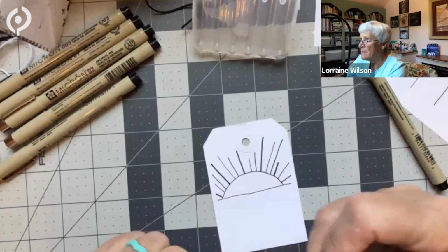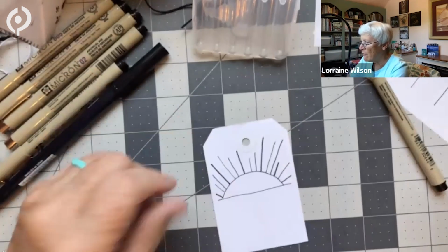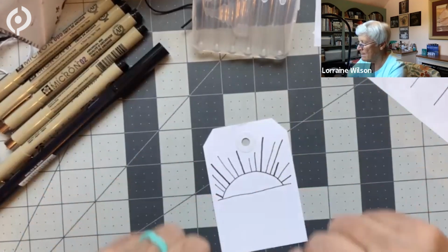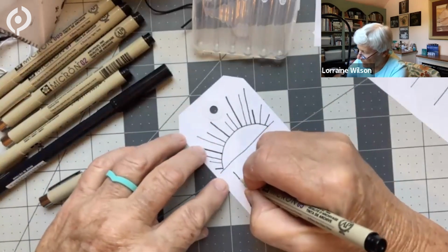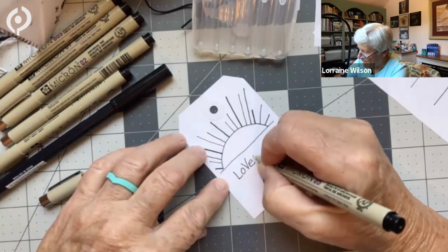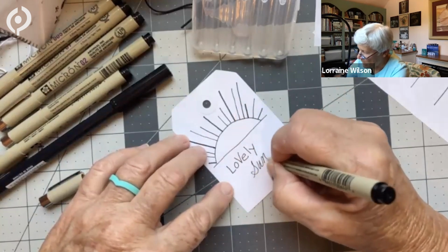I will ask friends for quotations, poems, scriptures, favorite words, whatever they want to give me, and then I will make an envelope book of tags for them. So if I was going to put lovely sun